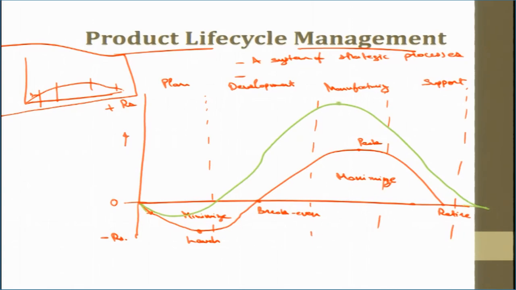This peak is attained earlier than in the normal design. Then the product launch could happen even earlier, before break-even is achieved. This is a kind of contraction in the time that happens using the software, because when we are doing simulations, it is better to fail a simulation than to fail a factory. It is a very common saying.